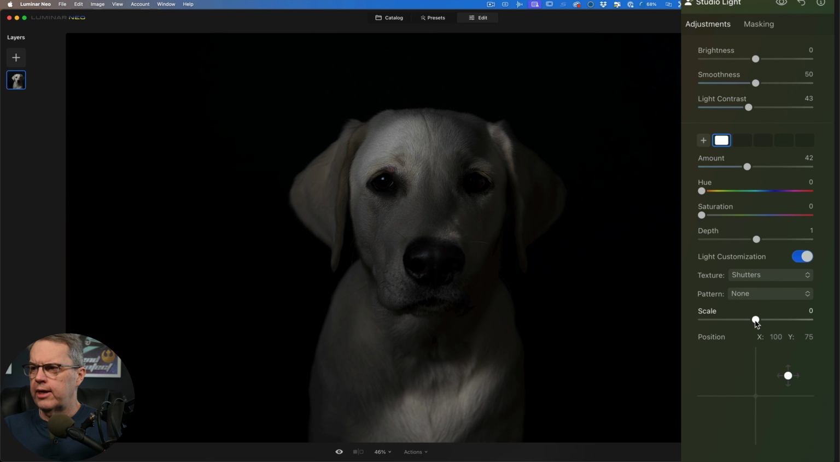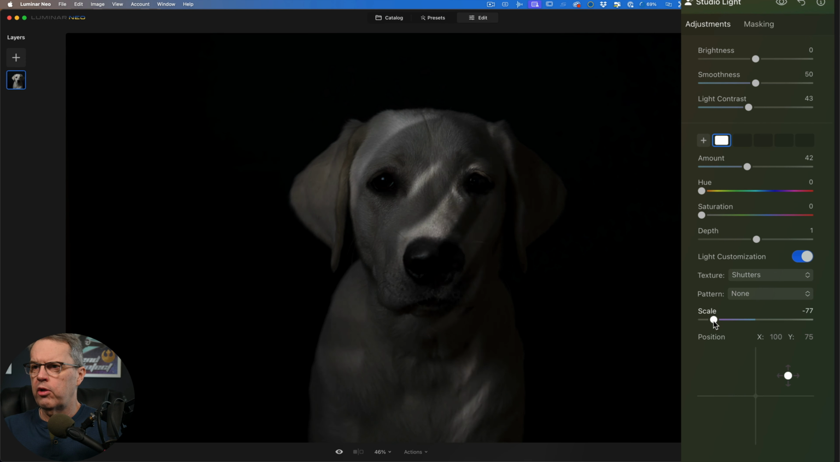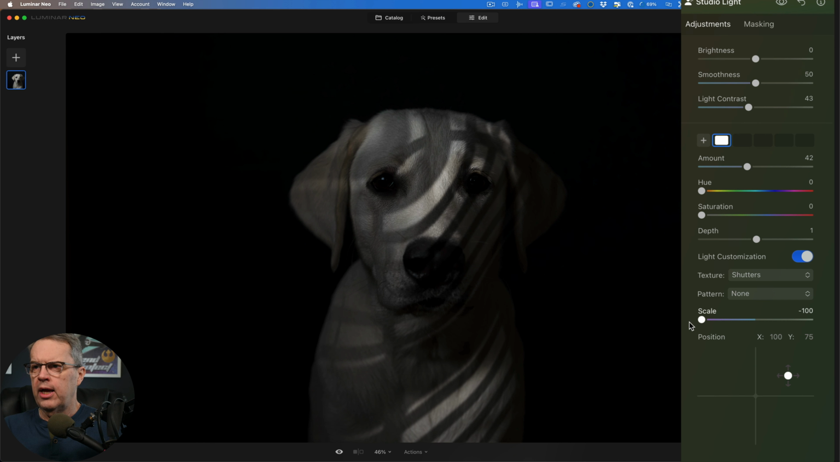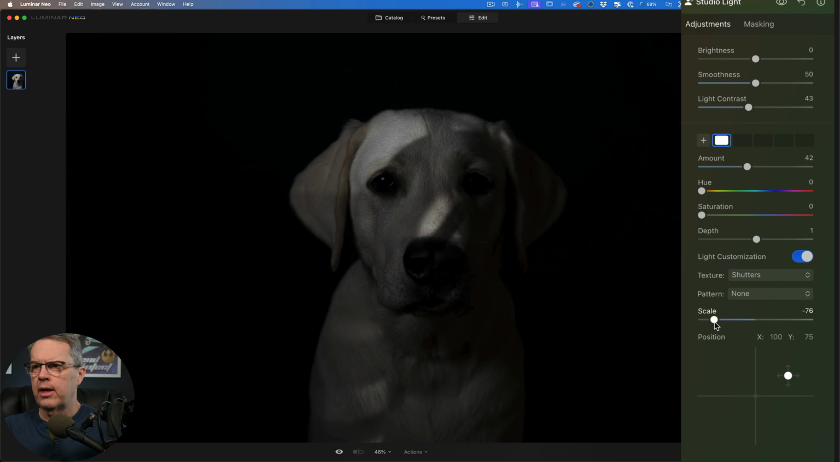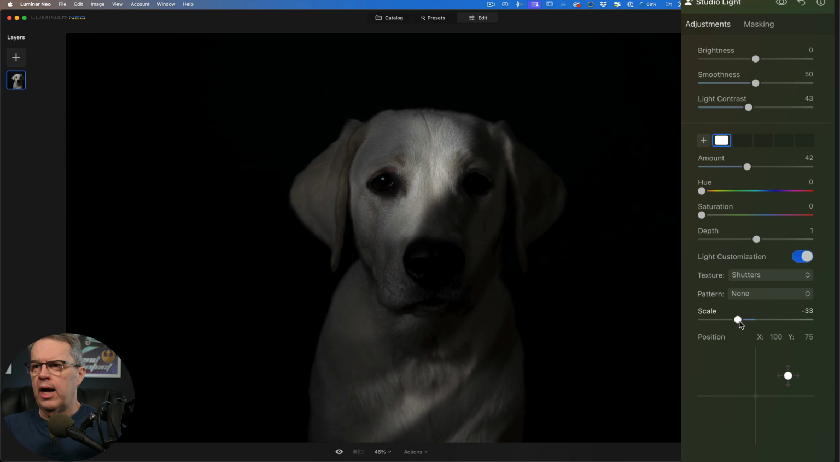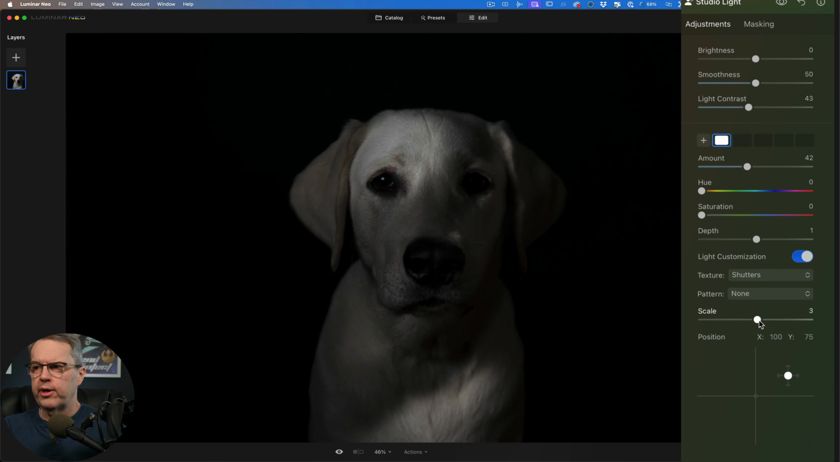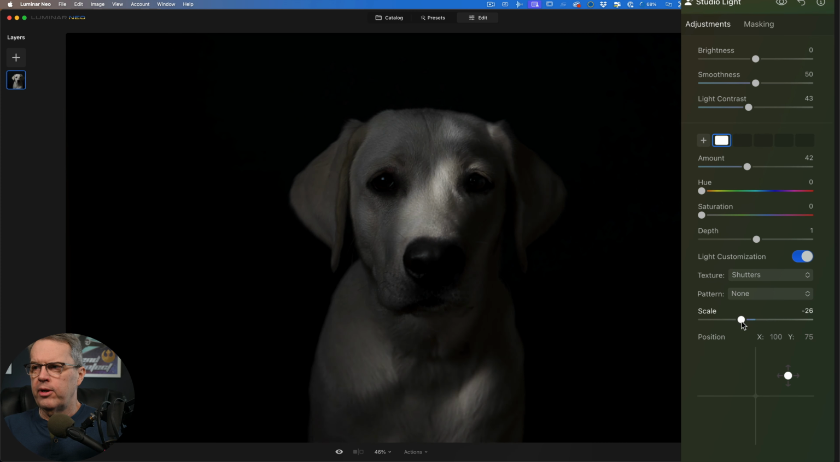You could choose that, and then you can scale this. So as we bring it all the way down over here, you'll see the shutters have that pattern. And then as you expand it out, they get larger and larger. I really wouldn't do this on a portrait, not even for poor Milo here, but you might want to do